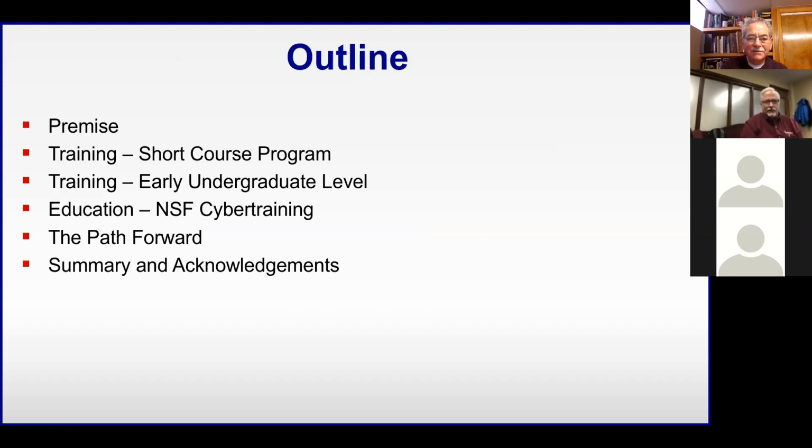The outline for this talk, we're going to talk about these three different approaches. First two are training kinds of things. This is as opposed to academic formal courses and things like that. The third section is going to be talking about NSF cyber training for a cybersecurity project. So I'm going to just do the first part here about